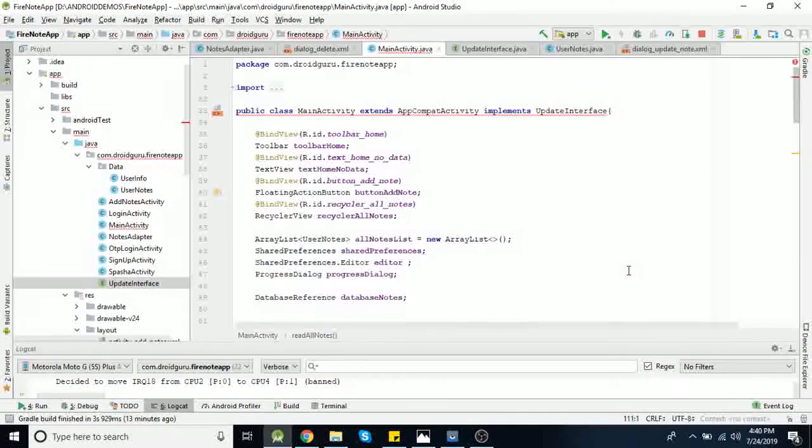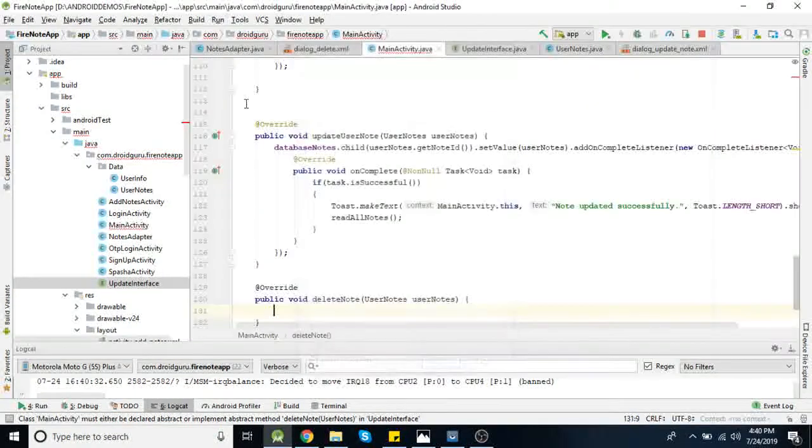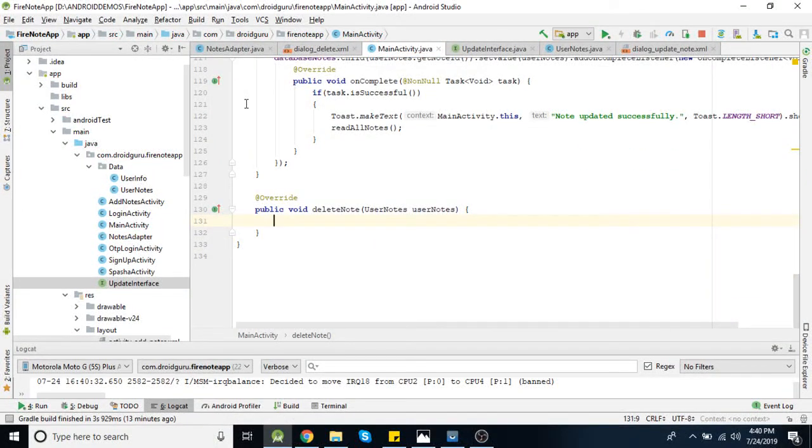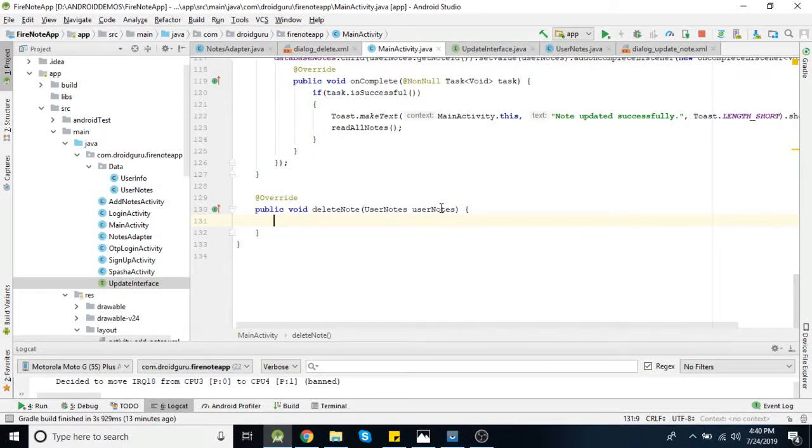Then in main activity you also need to implement this method. Now this delete functionality is simple. You just need to specify your child node ID which you want to delete. So here the ID will be in this object because we want to delete that particular node only.